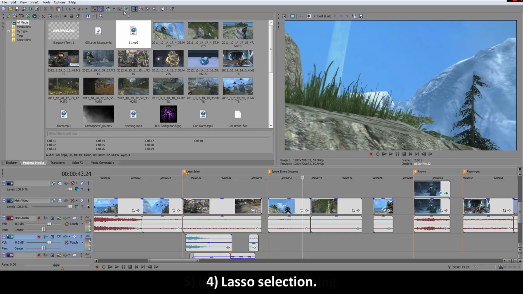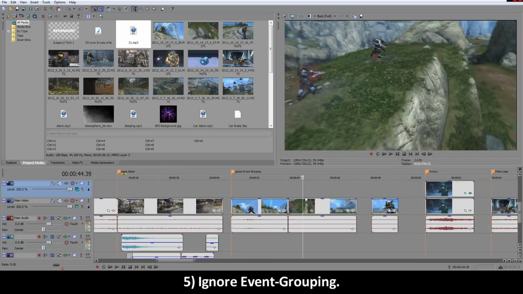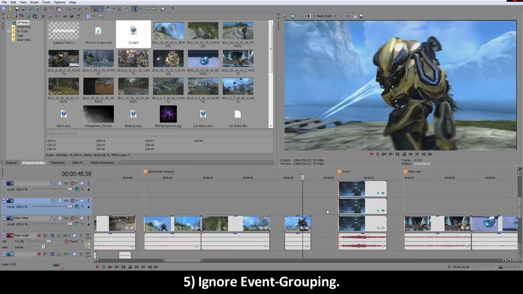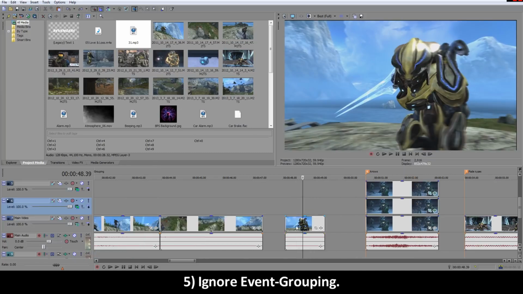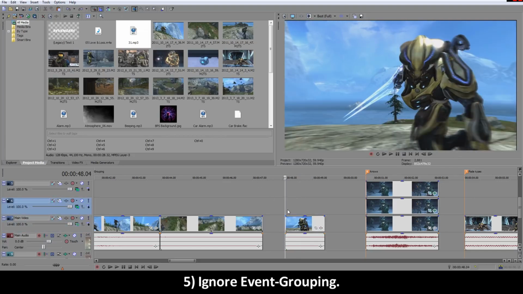Alright, next thing is the ignore event grouping button. This is another thing I use really heavily. I think I'll start with this part of it first. Let's say you have this little shot of Raptor walking along, and you want to duplicate the layer so that we can mask his sword. So if you do Control C, click on the layer above and do Control V and paste,